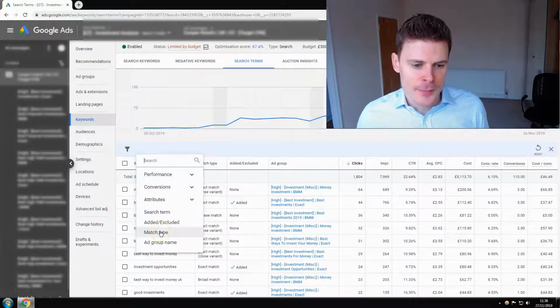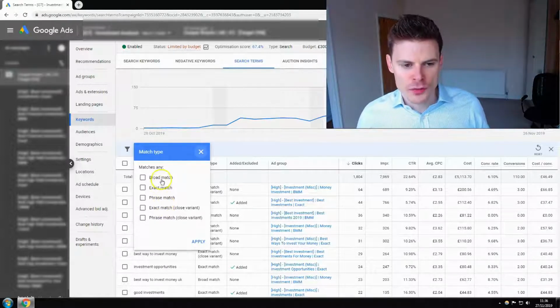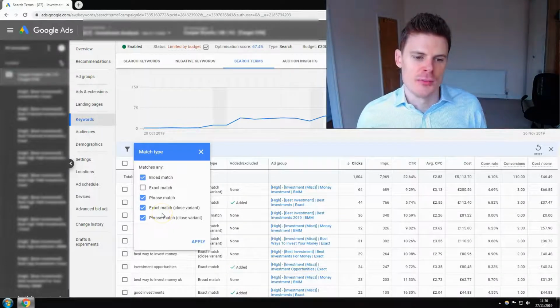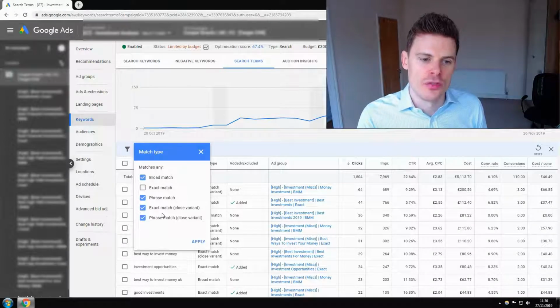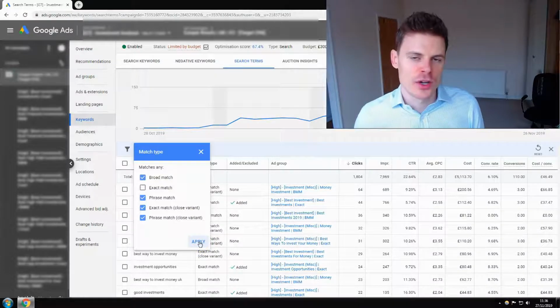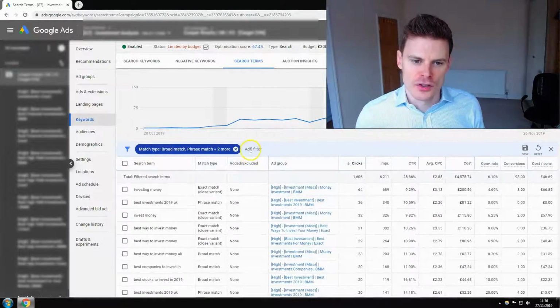So firstly, let's filter by match type. Now, we don't want to be reviewing exact match terms because those terms are keywords that we're targeting within our campaign. So it wouldn't make much sense to review those